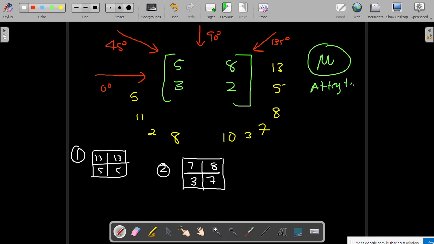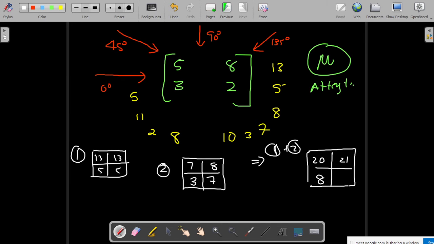Now we are going to do an operation of adding these two projections, that is 1 and 2. I'm just adding up. If I add my 1 and 2, so I'll be having 13 plus 8, 21. So this is 20, and this is 8, this is 12, right? This is my 1 plus 2 addition. Now we'll go for the third projection.